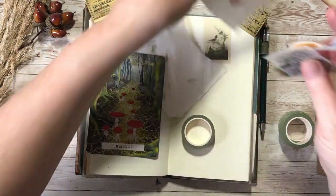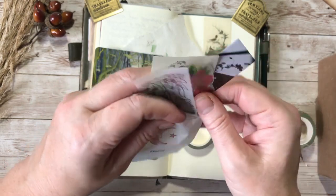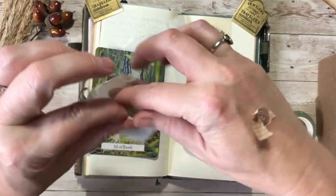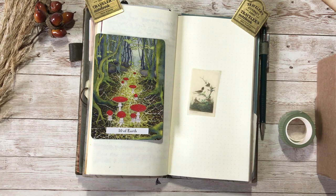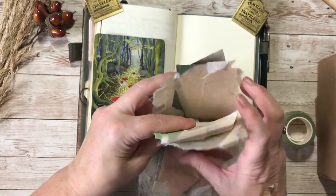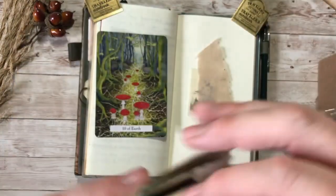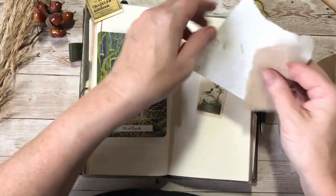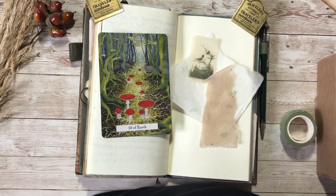There's no mushrooms though. I think what I'm going to have to do is draw a little mushroom. Okay, I have found a little piece of brown paper. I'm getting there, I'm getting there. So I have some green, I have some brown, I've got a sticker. Let me see, I want red and a white pencil